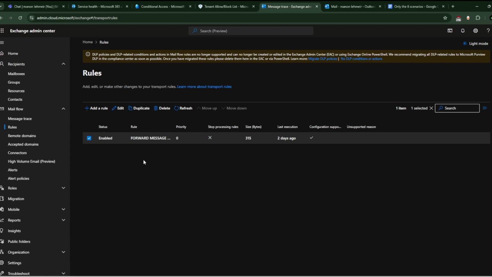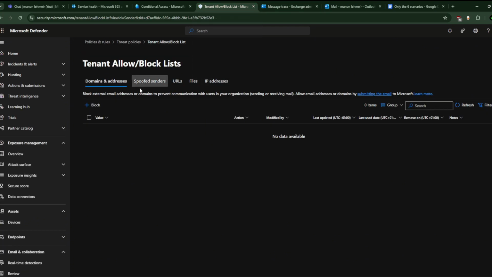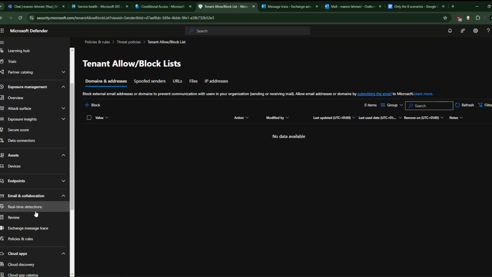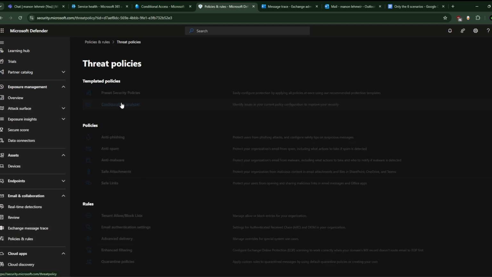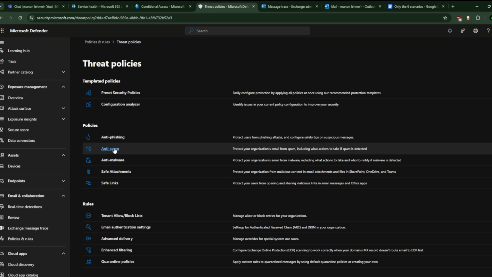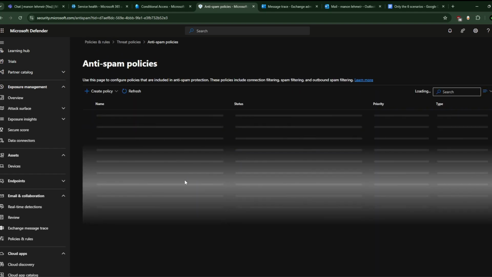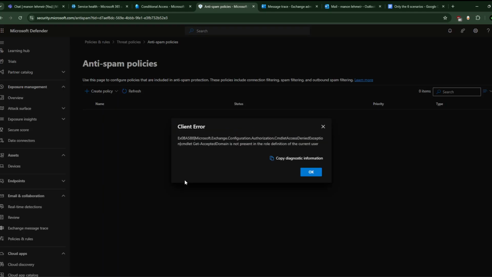so what you can do, you can also go to the anti-spam. Okay, and you could go to Defender, then policy and rules, and just check the actual outbound policy to see what's going on. Okay, guys, you need to ensure that the CEO's account,